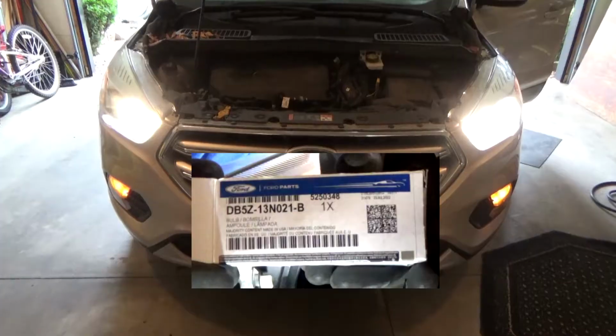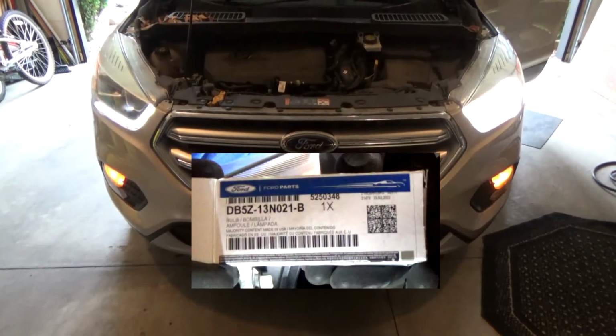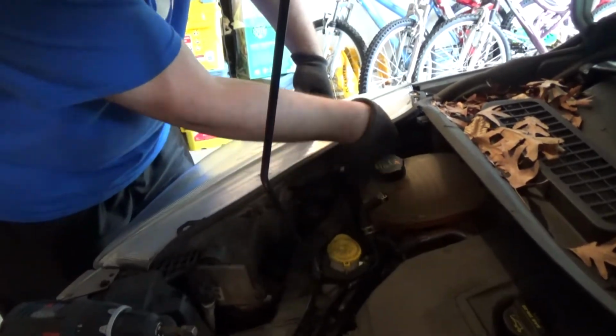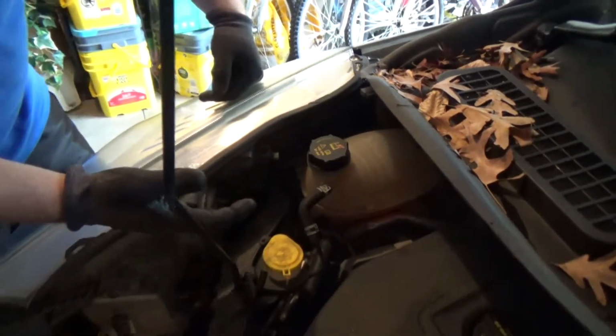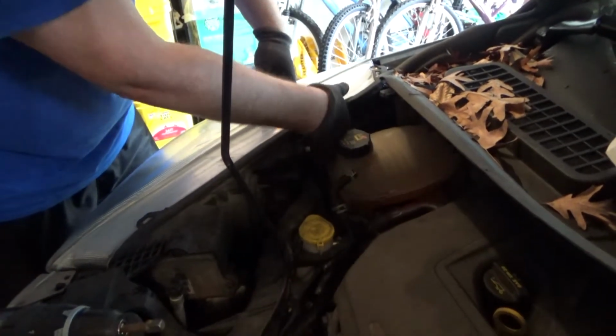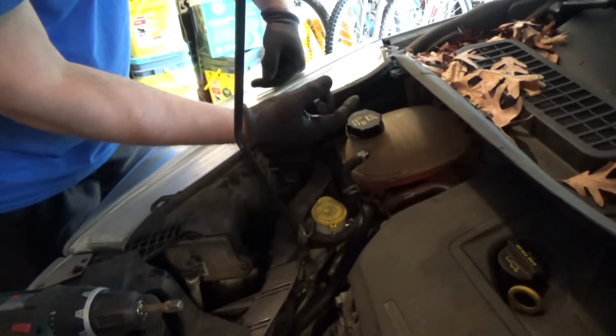Today's project, replacing the low beam headlight on the passenger side. The low beam light is over here inside this cover, and it's pretty tricky to get there. You have two options, actually three options. Either try to scratch your hands and do it over there, touching everything with the light bulb, which is eventually